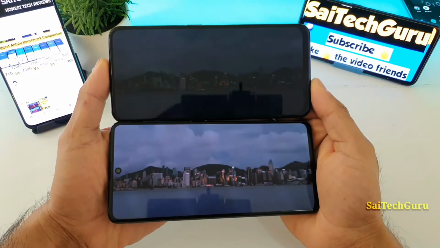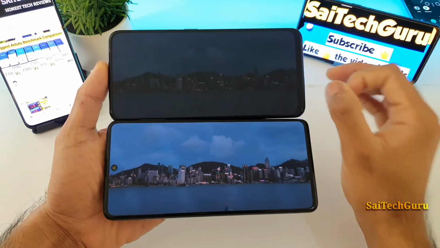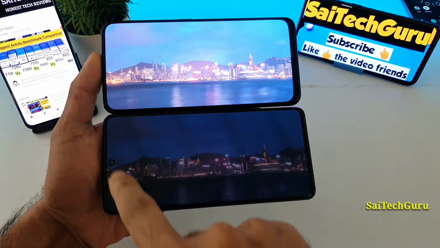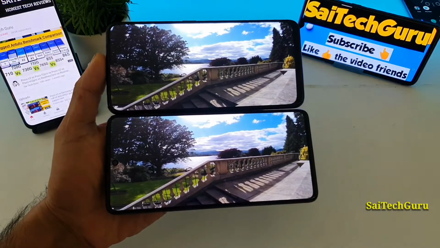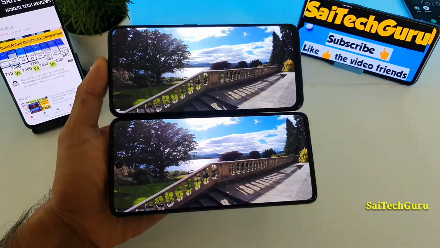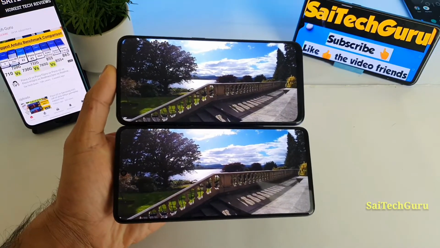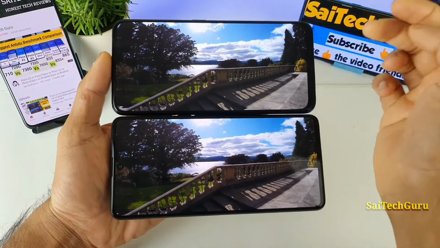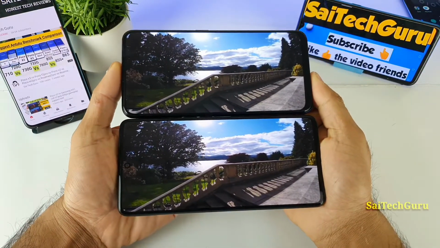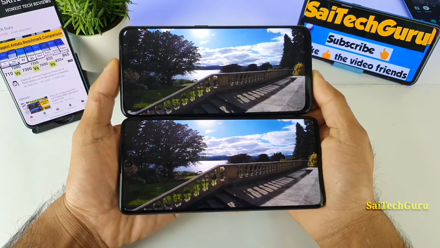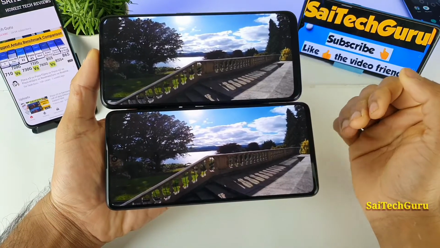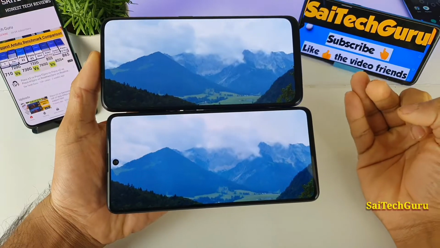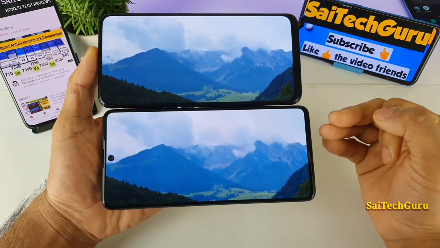At 0 brightness level, the Realme X is doing a very good job, because this is what I like friends in the Realme X, the low brightness mode, which will be very useful if you are traveling at night time and want to watch movies at night without disturbing any other passenger. This is the best advantage the Realme X phone has. But overall friends, definitely the Samsung has advantages like a big display, better brightness and slightly saturated colors. So these are the 3 advantages of the Samsung phone.